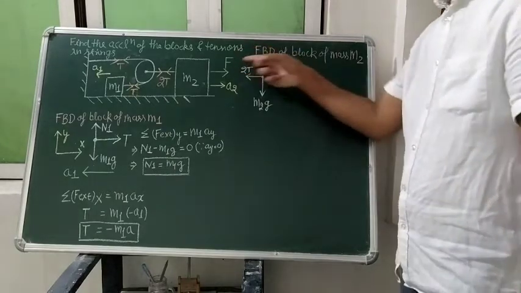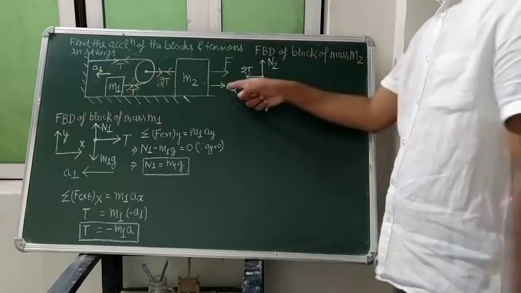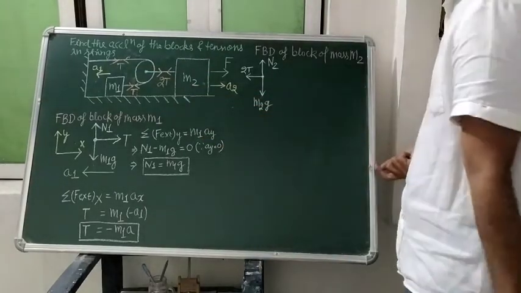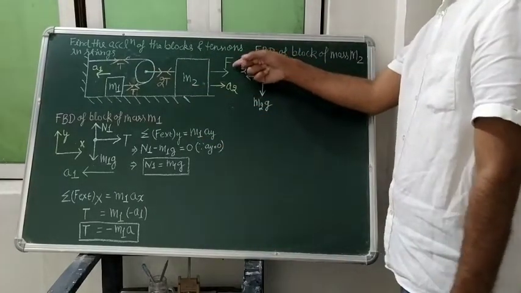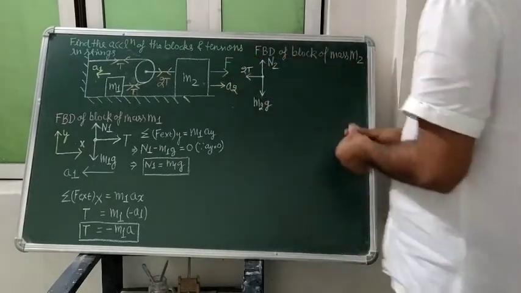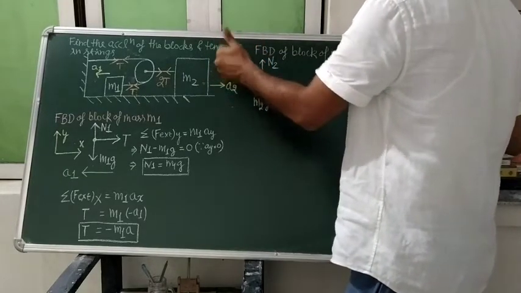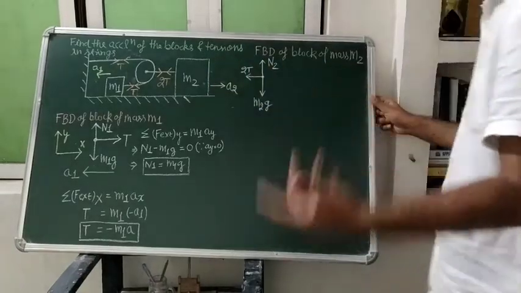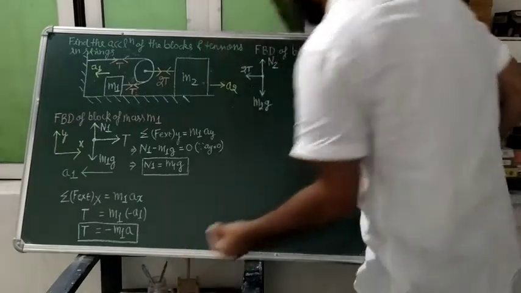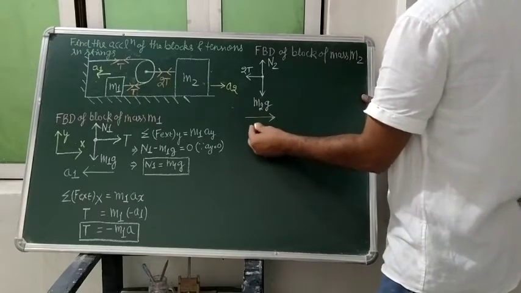No one will draw this force F here, because when you are applying the force, it is accelerating by A2 acceleration and by A1 acceleration, as we have assumed. So it is not the F, it is acting on the whole system. So don't get confused with this F. For the time you can ignore it. I was saying only that our body is accelerating in this direction. So of course only these forces are going to act on it, and A2 is accelerating in this direction.